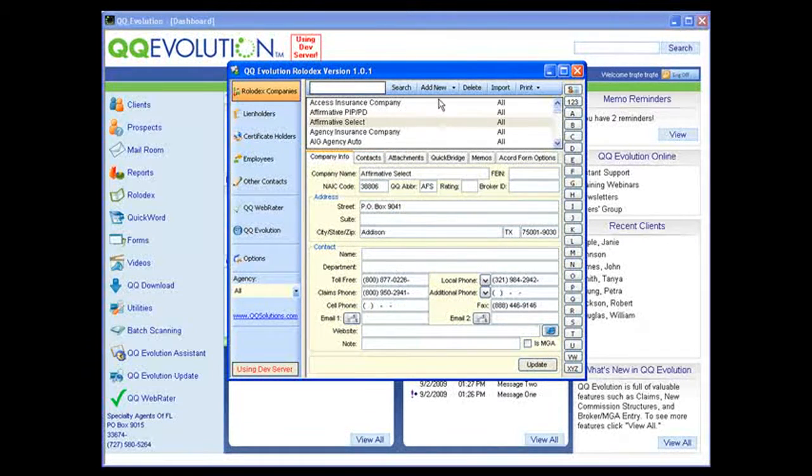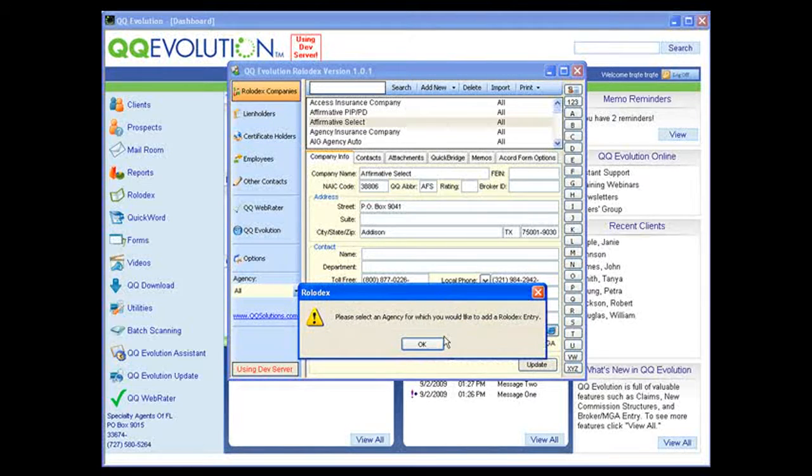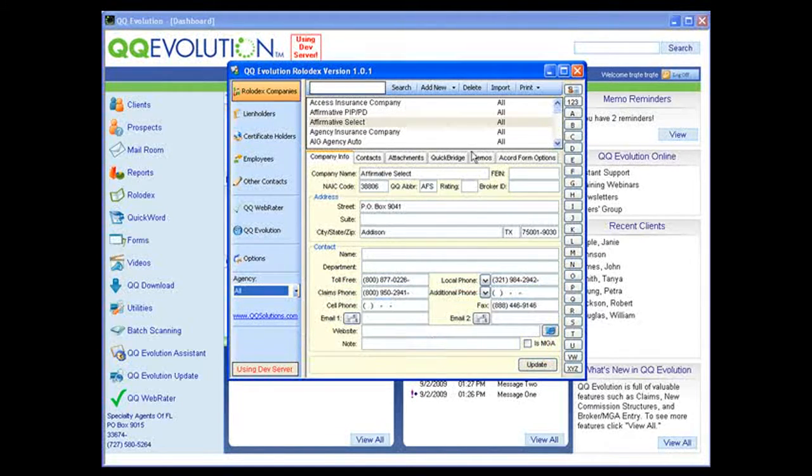All right, so let's go ahead up top here. We're going to click on Add New, and what that's going to do is blank out my bottom area so we can add in a new one. Oh, whoops. Help if I chose a filter. Let's do Add New. There we go. I didn't choose my agency. Sorry about that. So let's do a company name. Let's just do Insurance